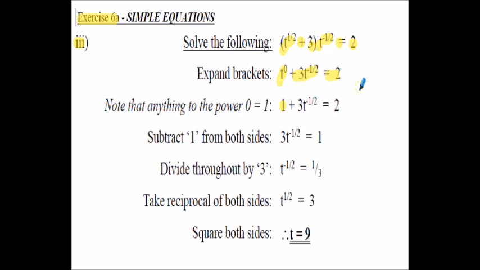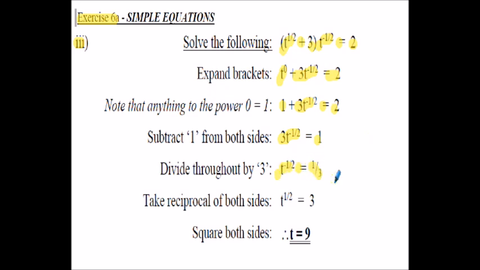So as I said, t to the naught is 1, so I get 1 plus 3t to the minus half is equal to 2. If I subtract 1 from both sides, I get now 3 times t to the minus 1 half is equal to 1. It's taking 1 from both sides. If I divide throughout by 3, I get t to the minus half is equal to 1 upon 3, a